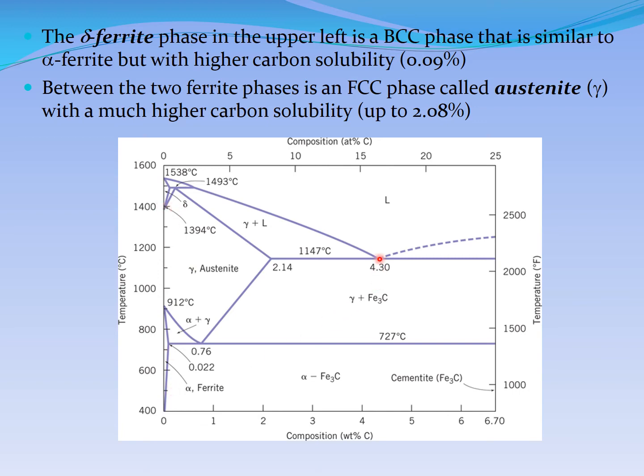And this is the eutectic point. Eutectic, liquid changes into two solids. And this is the eutectoid point. One solid changes into two solids. And the solid below 727 and all the way to room temperature is two solid phases, alpha ferrite and iron carbide or cementite mixed together, and together they are called pearlite.